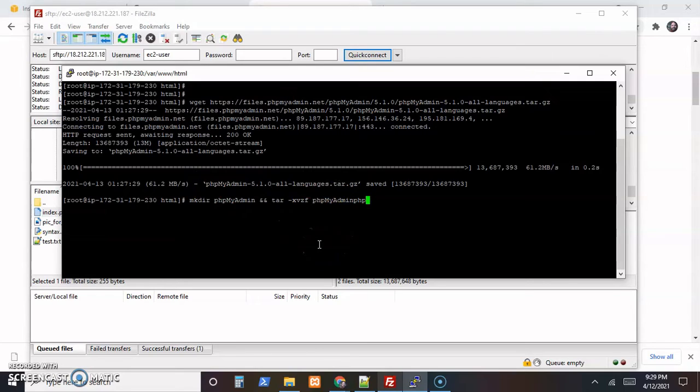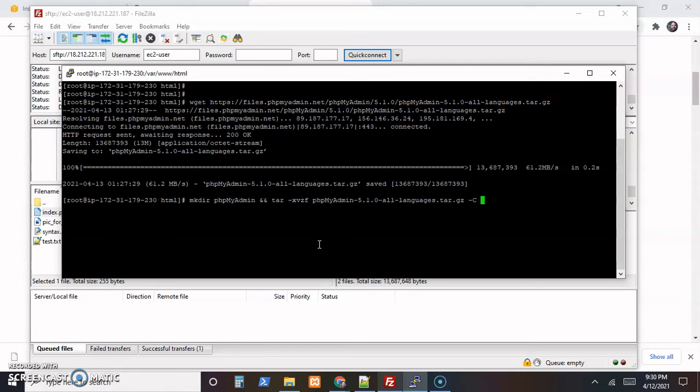So it was phpMyAdmin-5.1.0-all-languages.tar.gz. So we're going to take that zip file